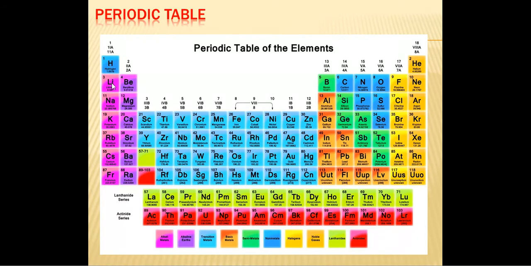So all the elements in group number 1 will have only one electron in the valence shell. In every other group also, suppose in group number 2, all the elements will have the same number of valence electrons in the outermost shell. Valence electron, outermost electron, means the electrons which are present in the last shell. In group number 2, only 2 electrons will be present in the last shell. In group number 3, 3 electrons will be present in the last shell. Like that, in every group the elements will have the same number of valence electrons.